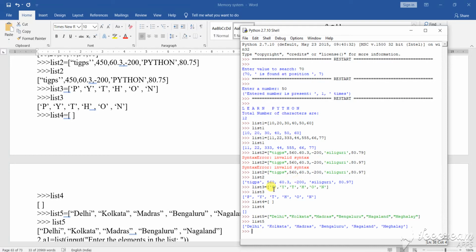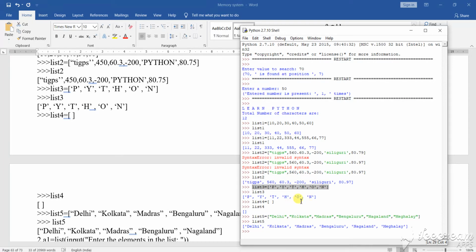If you select a particular one alphabet each, as I have selected here, it is going to give you the one alphabet each in your list pattern. That means how you are designing the list.